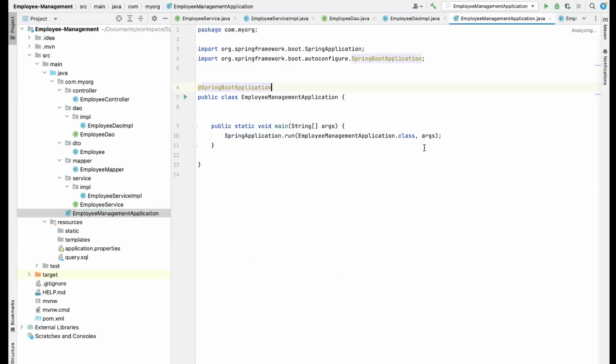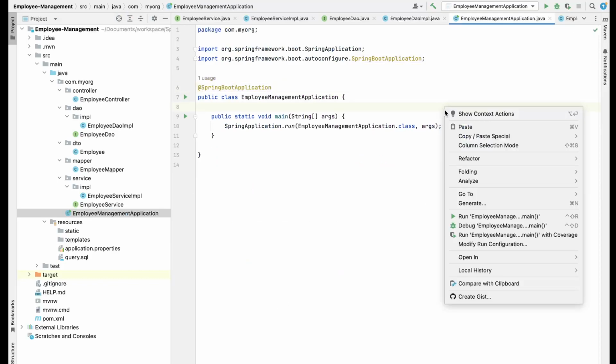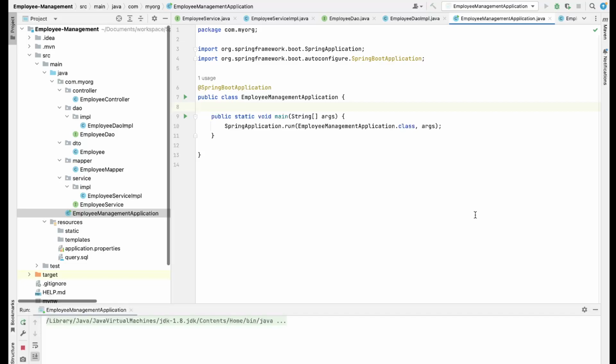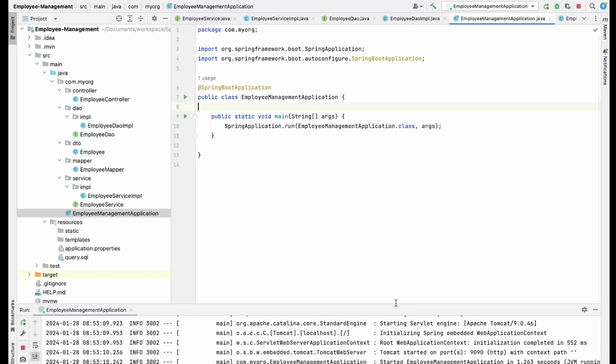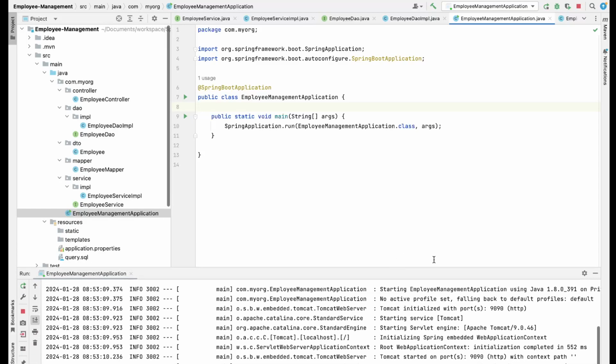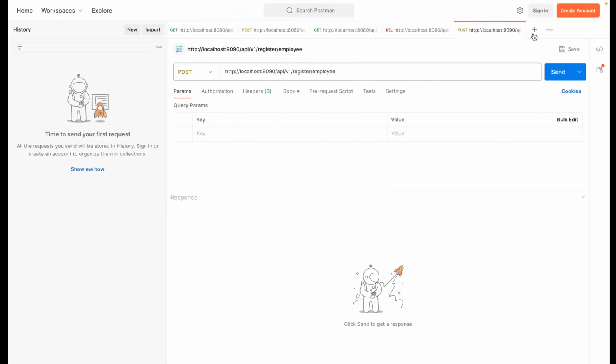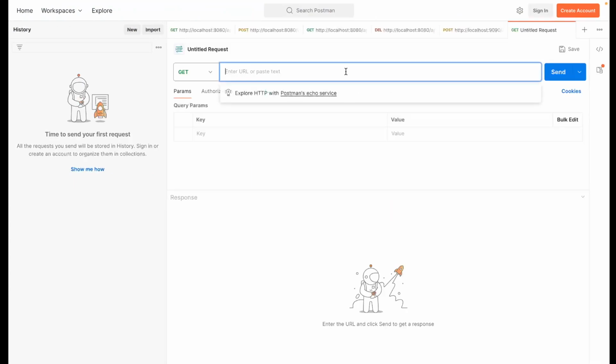Okay, we will go ahead and try to run this application. Okay, our application is started, and now we will go to Postman, and we will create a GET method API. We will use our GET method API to call this API. So we would use http colon localhost,